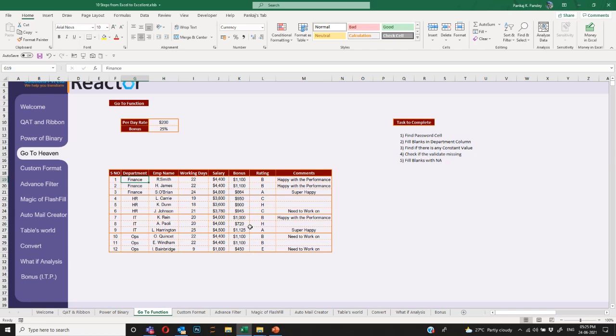Now, the second thing is I have working days for each and every employee. Based on that, I have decided their payday. So the per day rate is $200 they should be receiving as salary. So these are their salaries. Now I decided, okay, $200 is quite less. My employees are working hard. I need to give them $250.